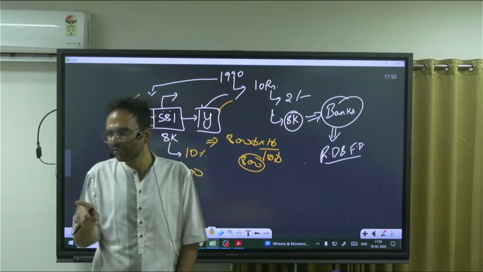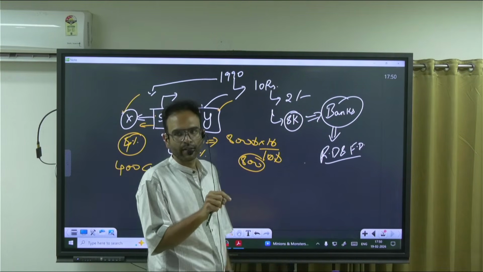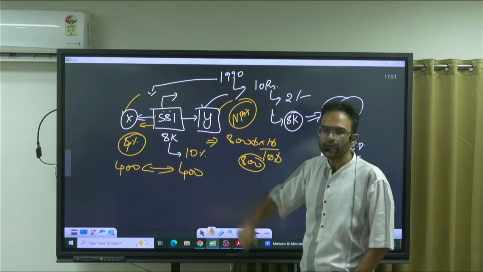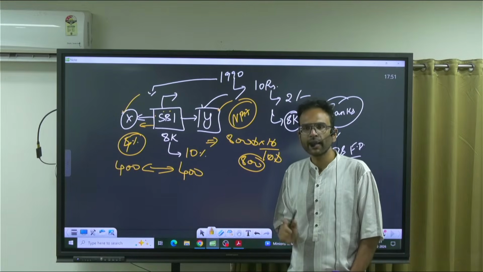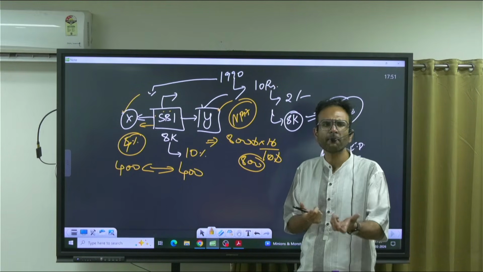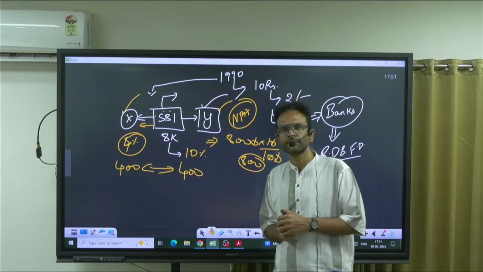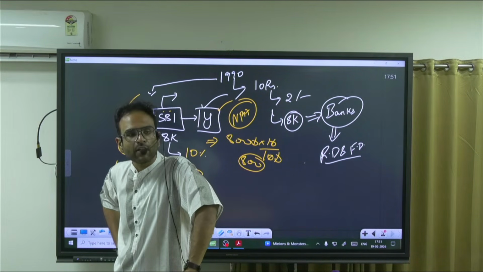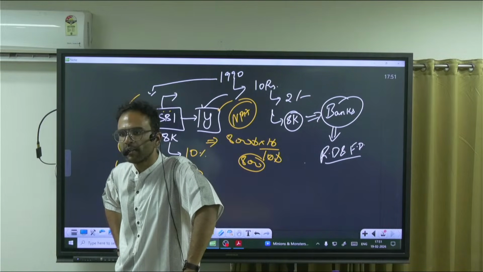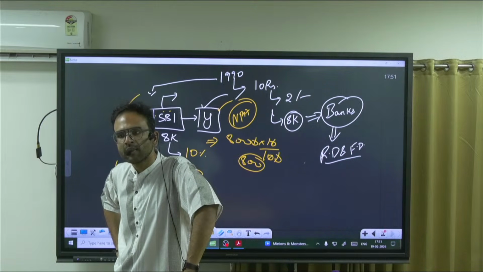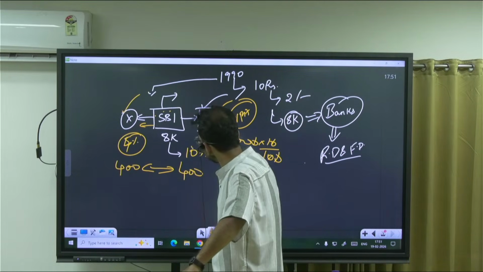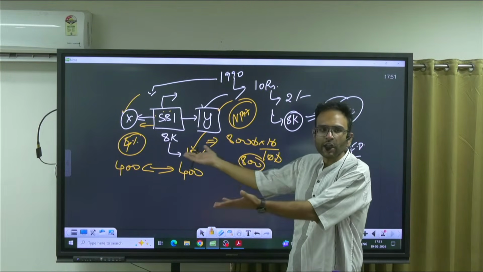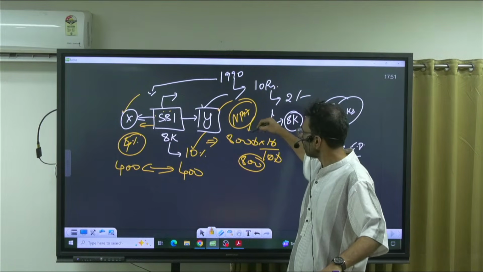Right? So many years ago, in 2012, 13, 14, we were talking about the concept of NPA. What is NPA? Non-performing asset. Why is a loan an asset to the bank? What is an asset? Is a loan an asset for you? Is a loan an asset or a liability? Liability. For a bank, is it an asset? Right, because it is earning interest. And if that asset is not functioning because people are not paying the loan, essentially it becomes a non-performing asset.